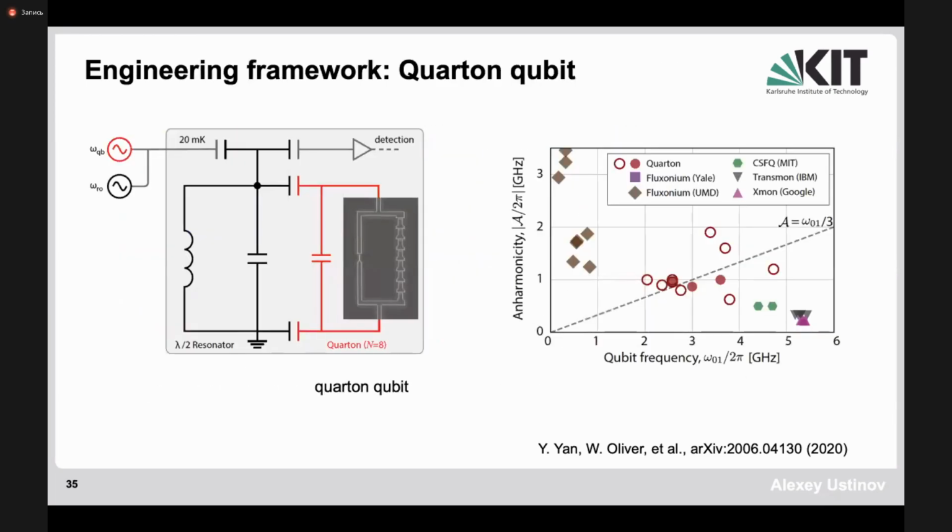It has multiple advantages, which I probably will not have time to discuss in detail, but just to give you an example, this quarton qubit, which can be used as a complementary qubit with transmon, is shown here. It contains only a few Josephson junctions. In a way, one can think of this anharmonicity. This idea came to my mind just now when telling you about that. One can think of this as a